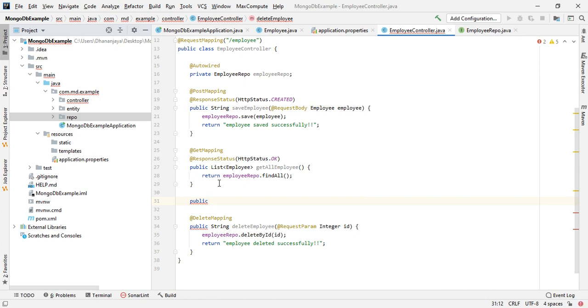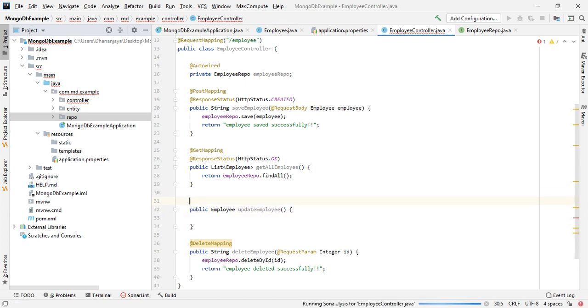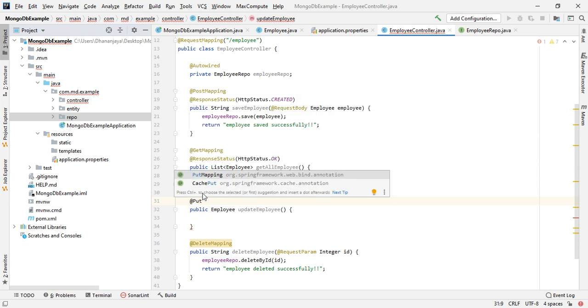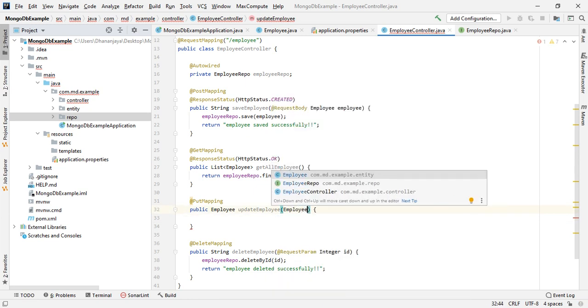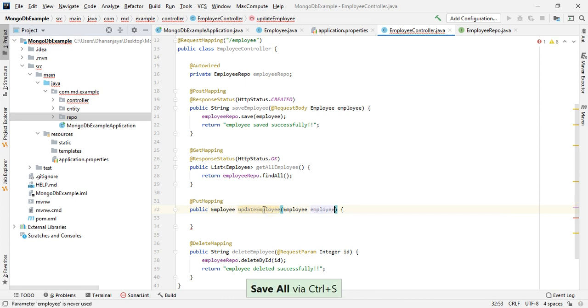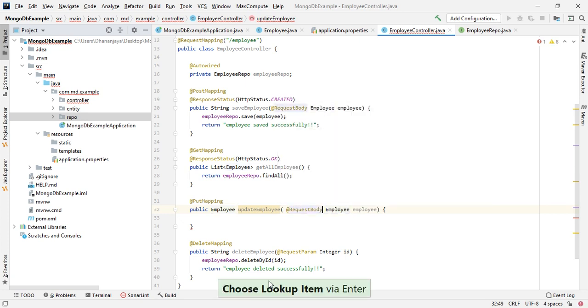Public, let's say the same Employee will return, updateEmployee. Annotate this with @PutMapping, because we are doing the update operation. Employee we will take as a request body.